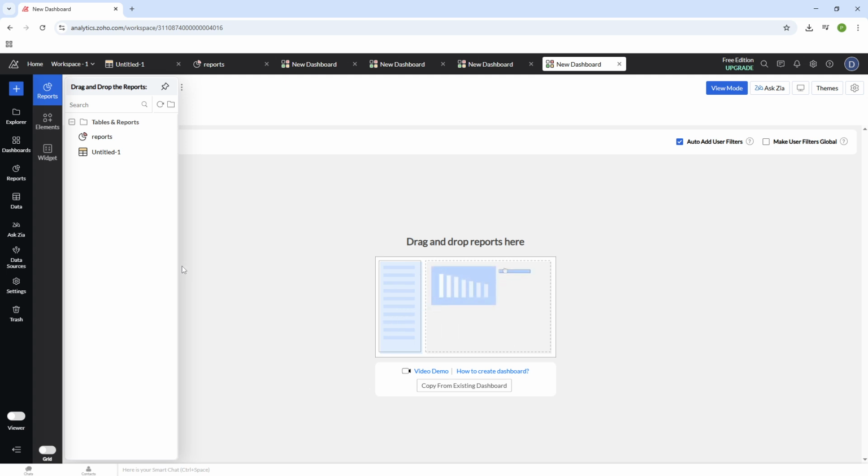Alternatively, if you're browsing through the menu bar, keep an eye out for the Dashboards button. Clicking on Dashboards will provide you with additional options. For our purpose here, select the Create New Dashboards choice to land directly in the dashboard editor. Both methods will take you to the same editor, so feel free to use the one that feels most intuitive